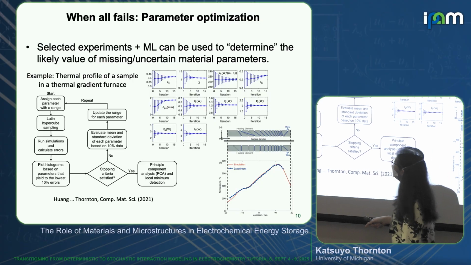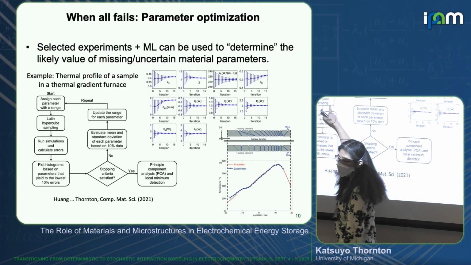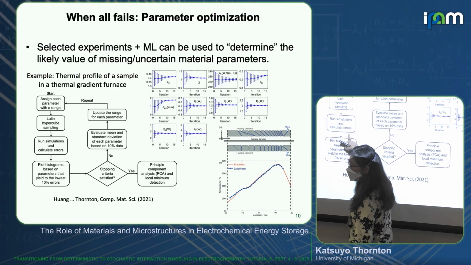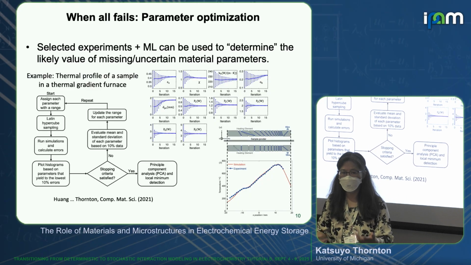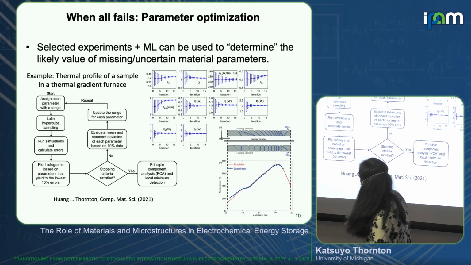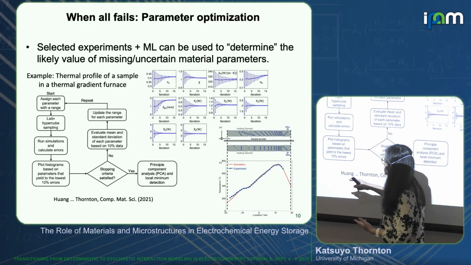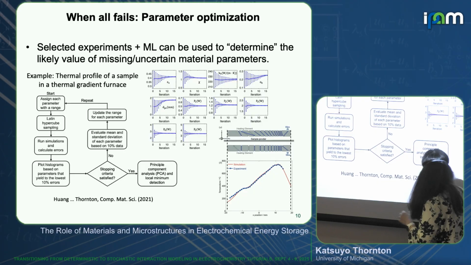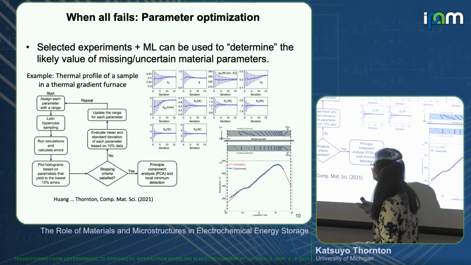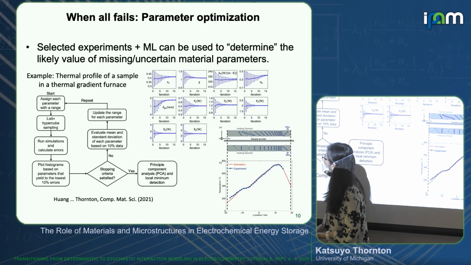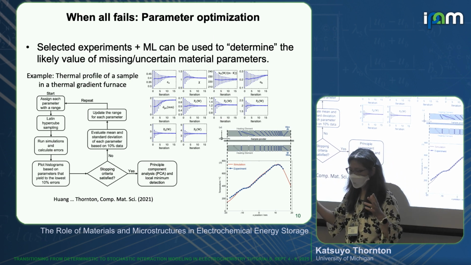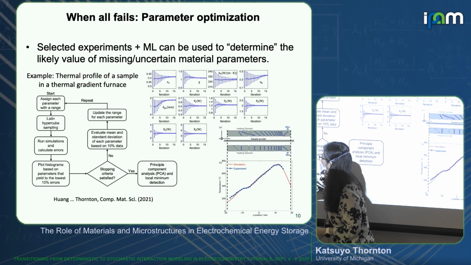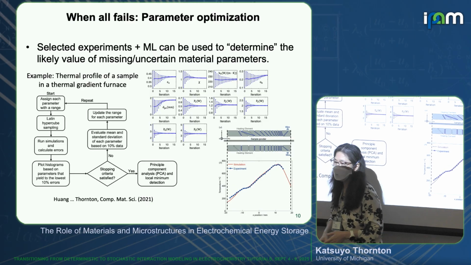Then we did Latin hypercube sampling so that we efficiently sample the large parameter space. We ran the simulation and calculated the errors, the difference between the experimental measurement and our simulation data. Then we calculate a distribution of the error, and find the lowest 10% error